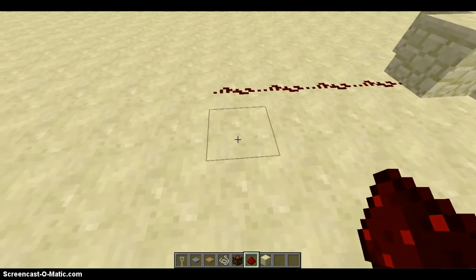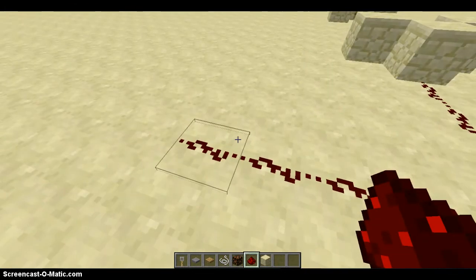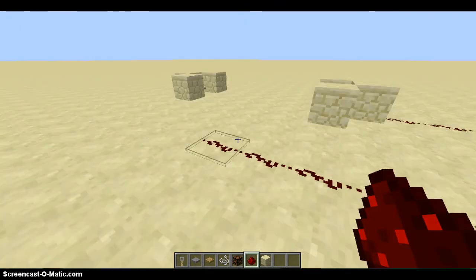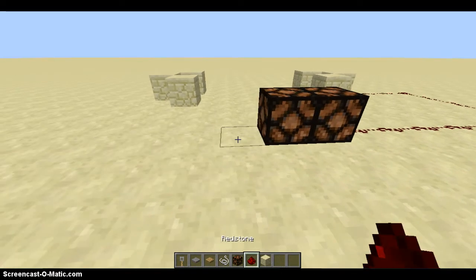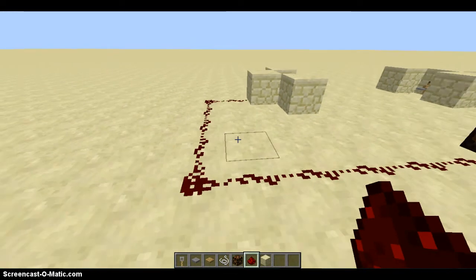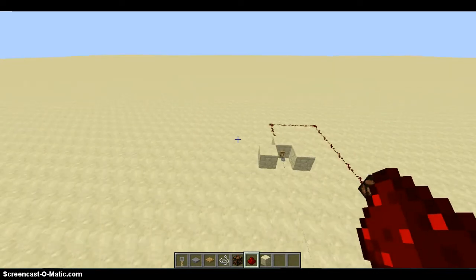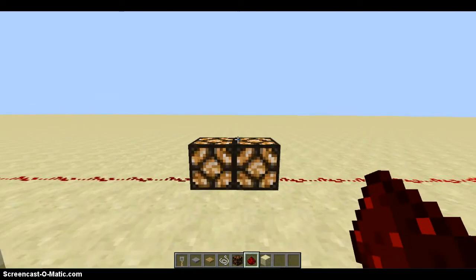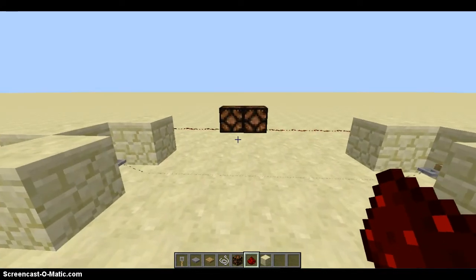Basically, how this works is, as I'll show you now, when I walk over the tripwire hooks, I get this right to here. Just set up the redstone here. Right. When I walk in between the tripwire hooks, when I walk over the tripwire hook, the redstone lamps should light up. There you go. As you can see, they lit up for a very, very short time. Again, sorry for the lag, you didn't really see it that time. Here you